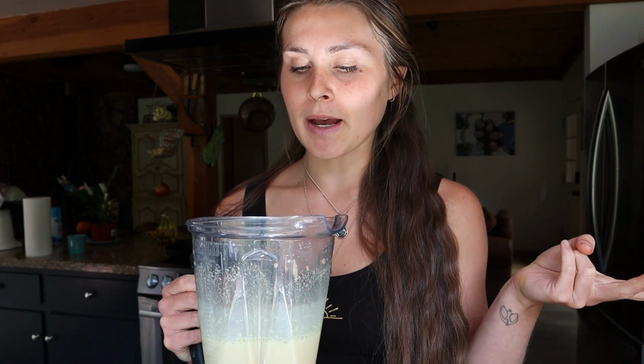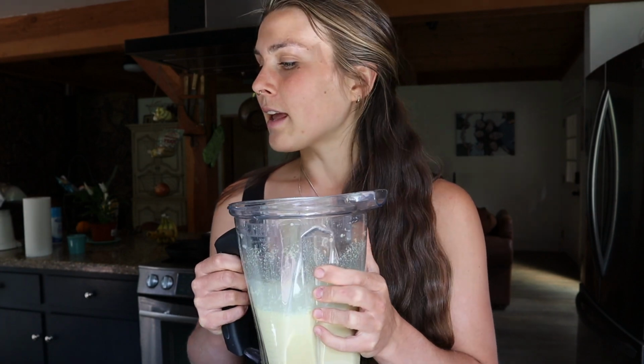One of my favorite drinks to make when I'm on my period is golden milk, and so I took some fresh turmeric root, some fresh ginger root, some black pepper, some vanilla, some dates, and some raw milk, and threw it all in a blender. And then I also added some nutmeg and some clove, and I blended it all up until it was all nice and frothy, and I'm going to sip on this for a nice afternoon snack. I love raw milk because it has the enzymes in it without being killed off from